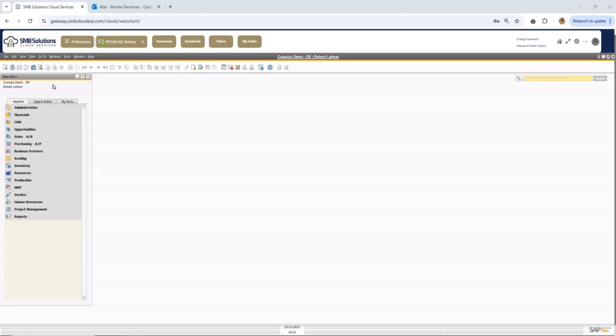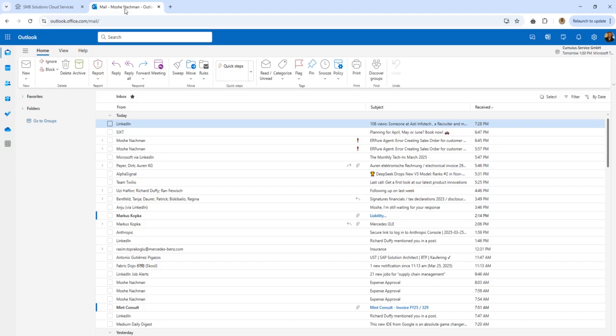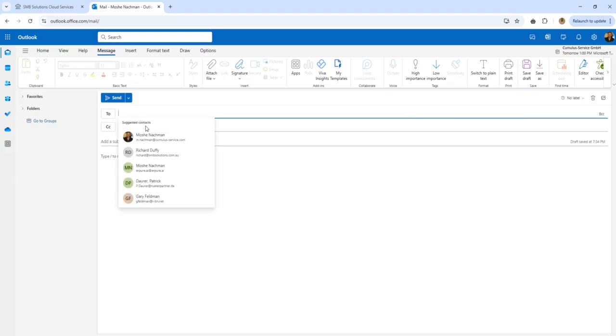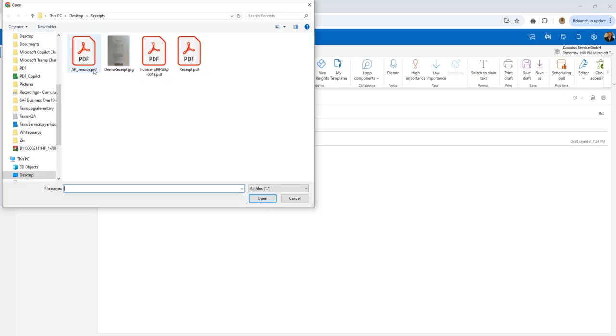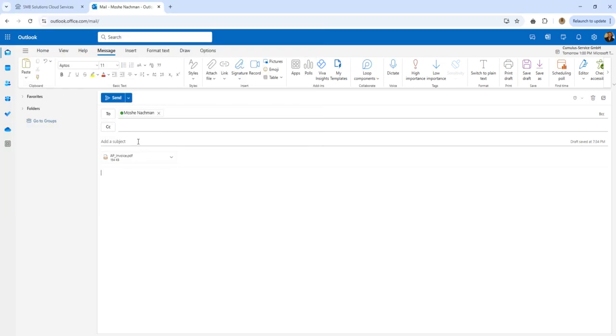So the first thing is, of course, to log into our SAP Business One system. In our case, it's an SAP Business One system that's running on SMB Solutions Cloud Services. And the first thing that I'm going to do in order to invoke my agent is to receive an email. So I'm going to start a mail, and I'm going to send a mail to my own inbox. I'm going to start with this one. I'm going to tag the email,